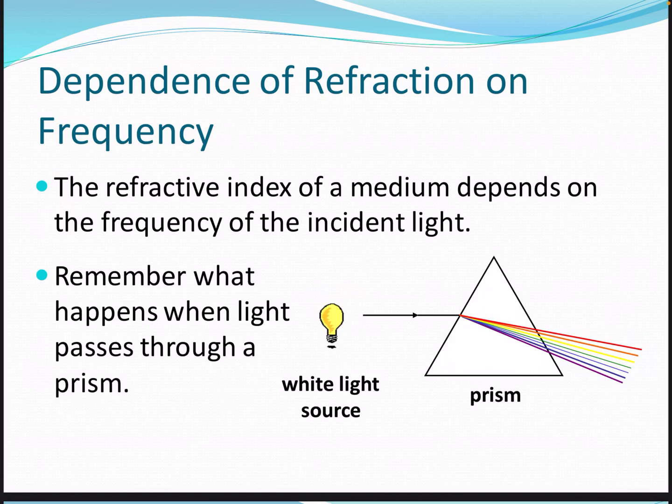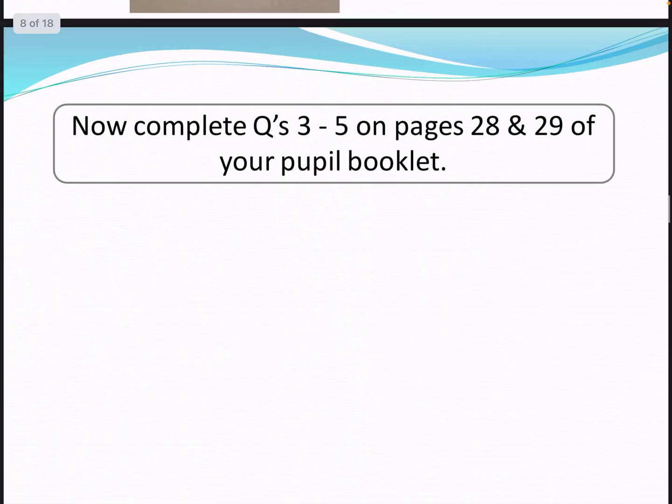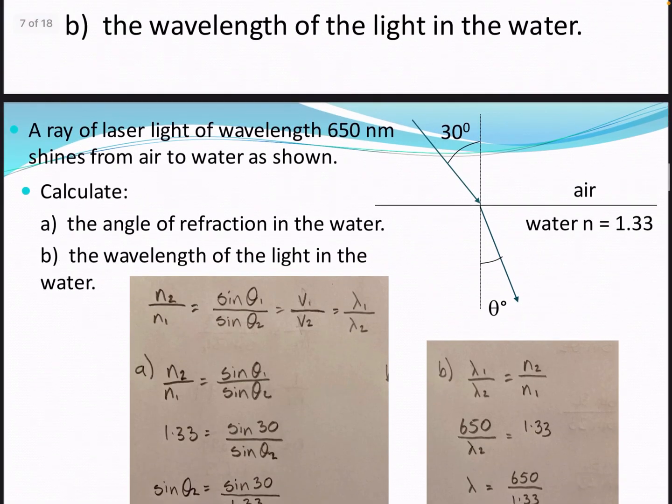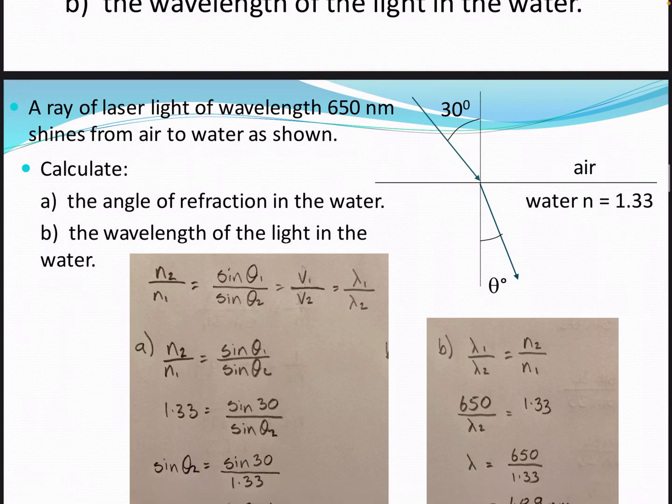Now, this next bit is where it just gets slightly more complicated, because what is happening in your medium depends on the light that's coming in. Normally in questions that you are asked, they are like the question that we mentioned previously, this one here, for example, where you're talking about laser light. So it will be talking about light of a specific wavelength, okay? Because we're just talking about one part of the